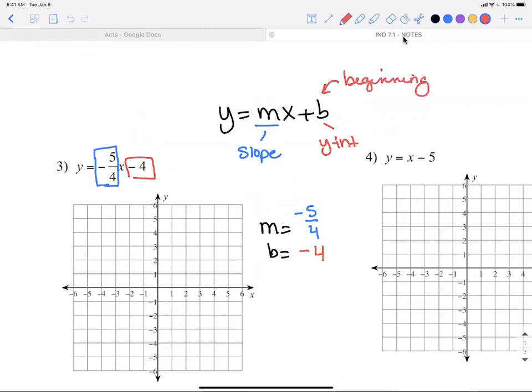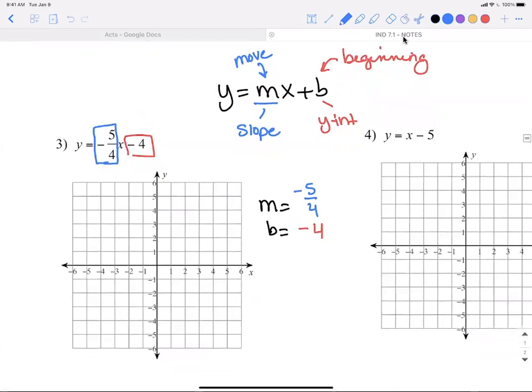Okay, B stands for beginning, and M stands for move, because you are always going to do your B at the beginning. That's your first point you plot. And then you're going to use your M to move to your second point. Okay. So with that being said, we've already identified our M and our B, which I want you to get